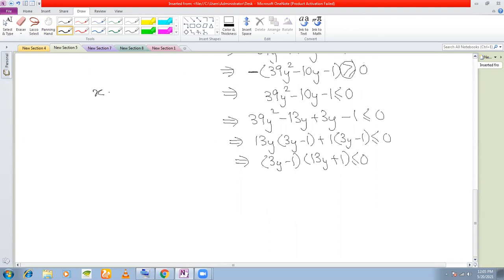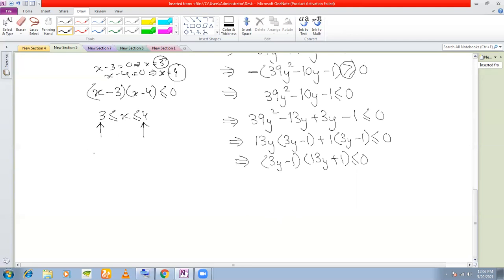Remember, I told you that if x minus 3 into x minus 4 is less than or equal to 0, what are the range of values of x? x must lie between 3 and 4, isn't it? As if you are putting x minus 3 equal to 0 to get 3, and x minus 4 equal to 0 to get x equal to 4. And then x must lie between the lower value of x, 3, and the higher value of x, right? Do you remember this from your class 10?